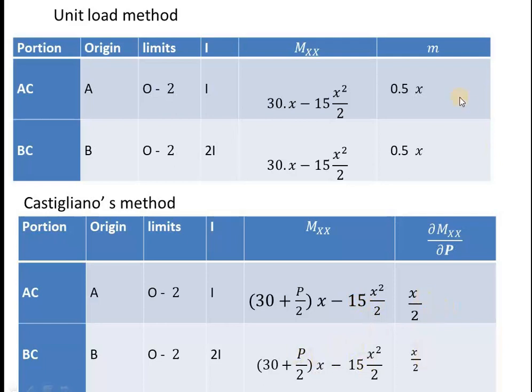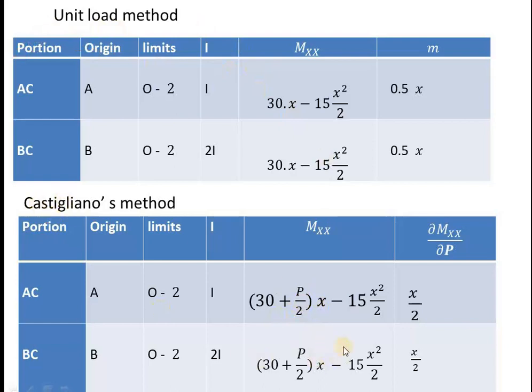This is X by 2. This is just the unit load table I put, just to compare this method and this method. See here, this is also X by 2, this is also X by 2, this is also X by 2. If you simplify this, you know that P is 0 actually here. If you put P equals 0, you can look at this: 30X minus 15X square by 2. Similarly, this is 0, meaning 30X minus 15X square by 2. So that's why we said that dou M by dou P can be replaced by the bending moment due to unit load. This is the table which you have taken from the previous case, the unit load method,